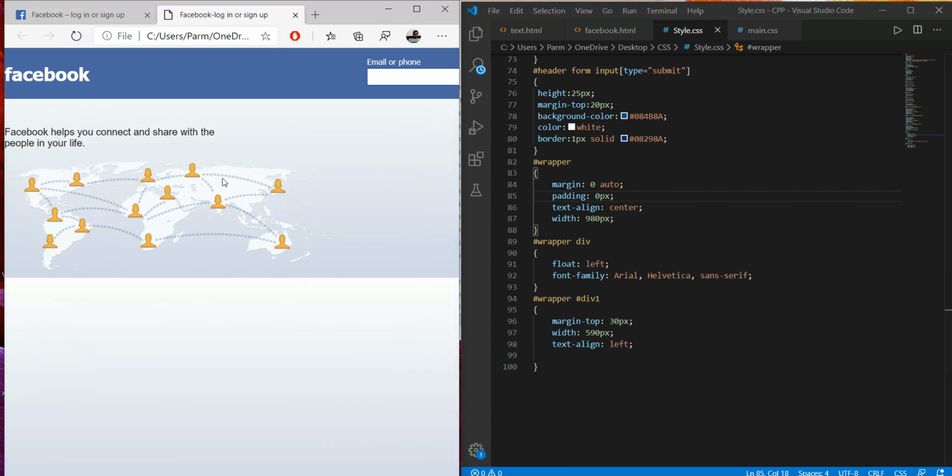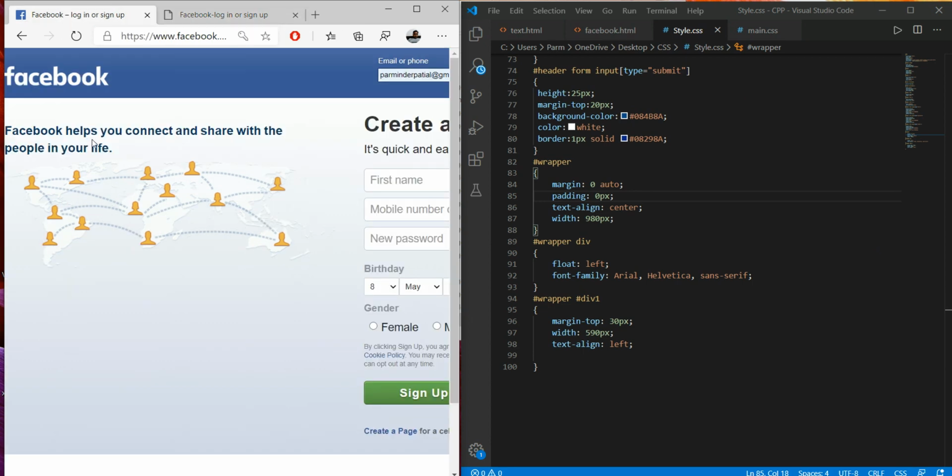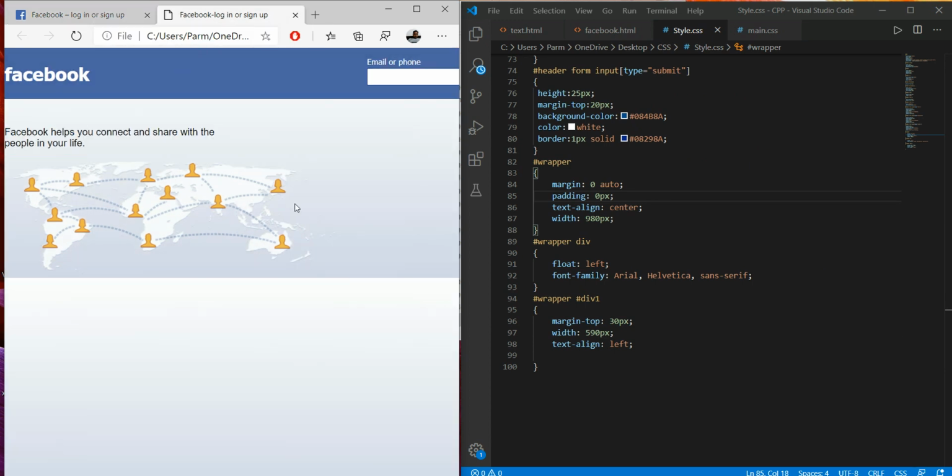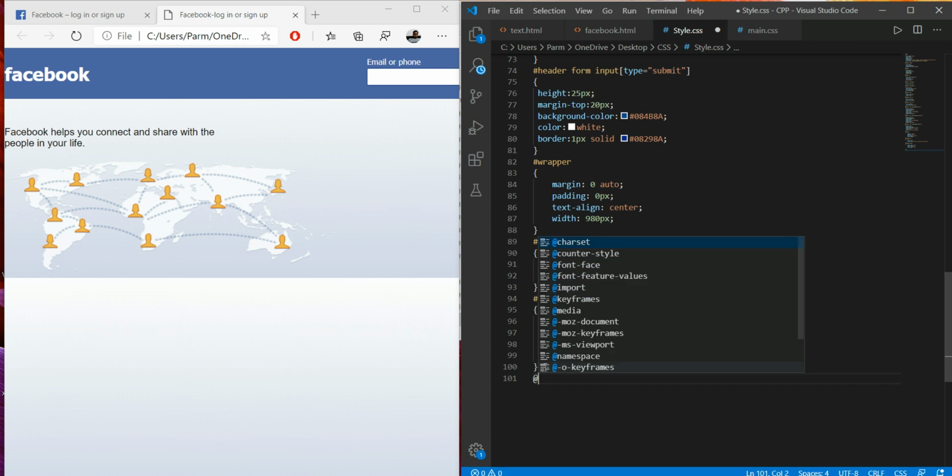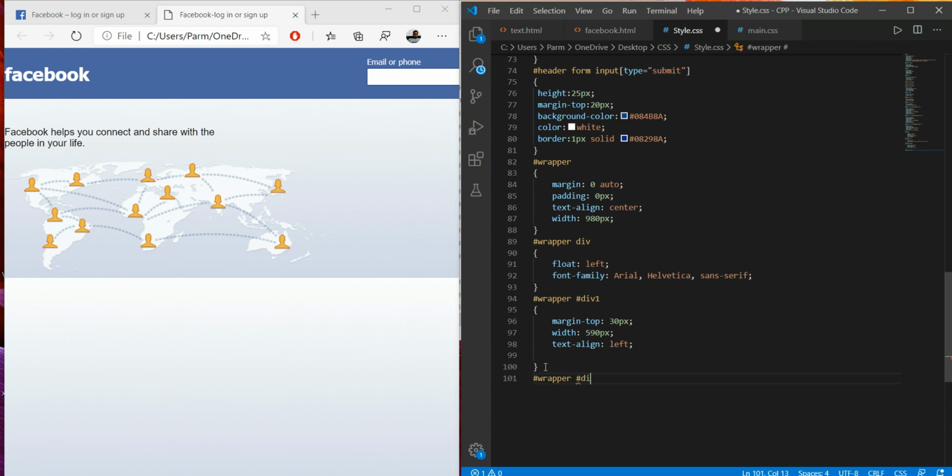Now this is set with the margin, and now if we see over here, this is written in bold and in different fonts. So for this I'm going to make changes in my file. Here my id is wrapper, and within this id I have div1, and within this we have to set it for the paragraph, and I want this paragraph to be bold.